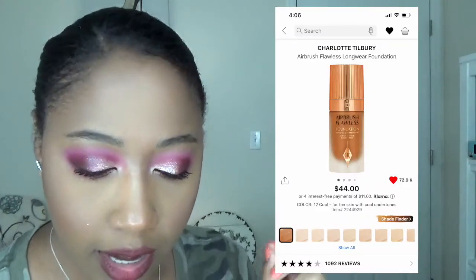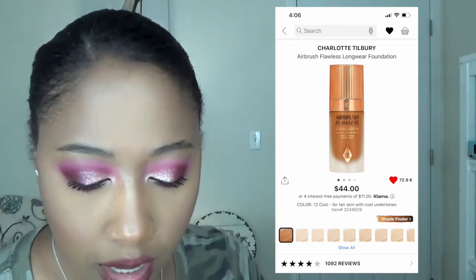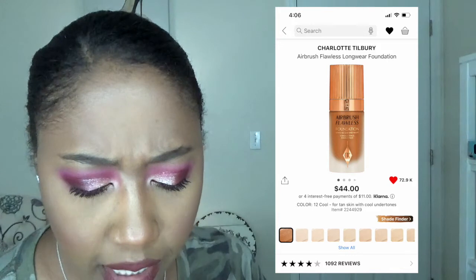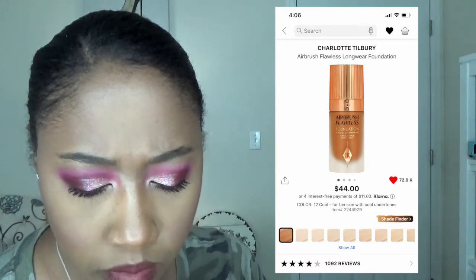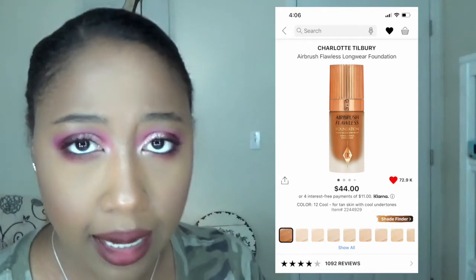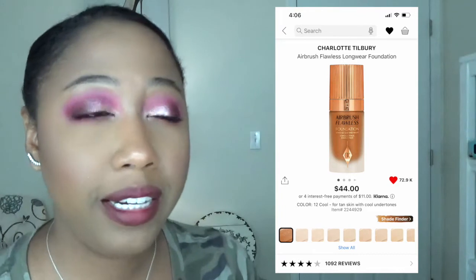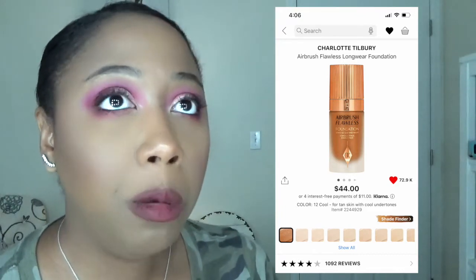And I believe I have one foundation on my list. This actually comes from Charlotte Tilbury. Here it is. This is the Airbrush Flawless Longwear Foundation. I'm actually thinking about getting my shade in this color 12 Cool. This foundation runs for $44, and anything that says longwear, I want it,